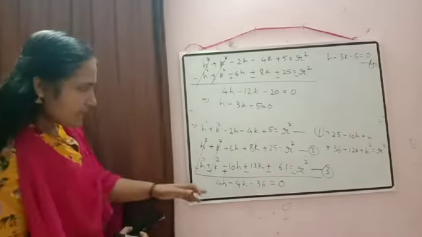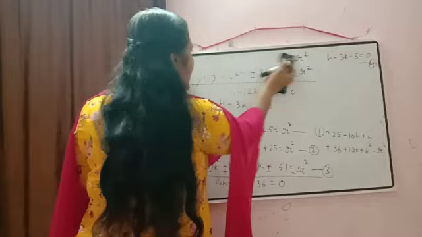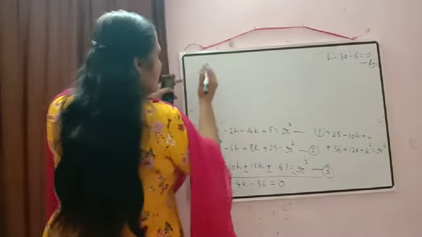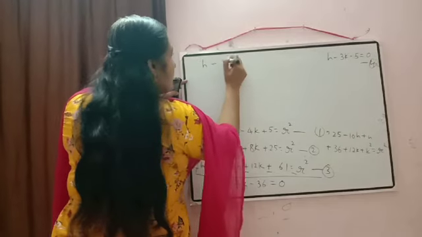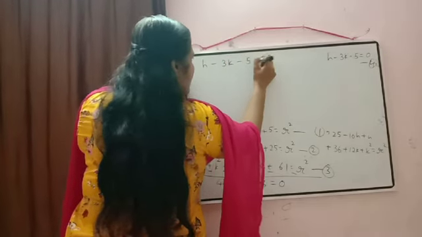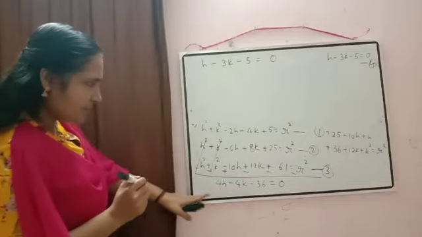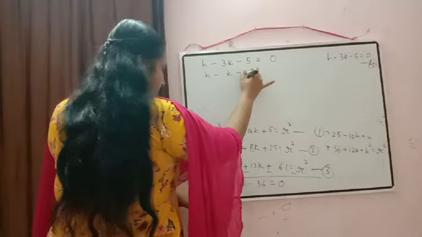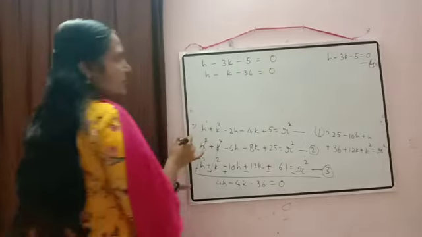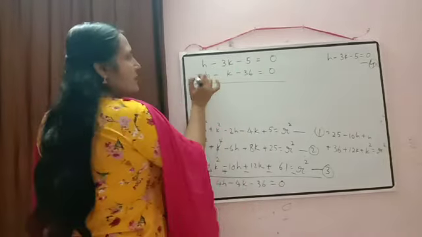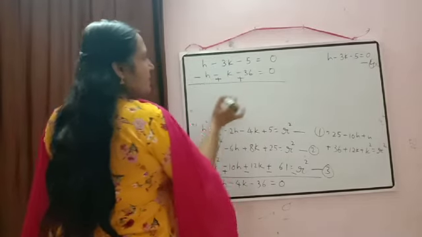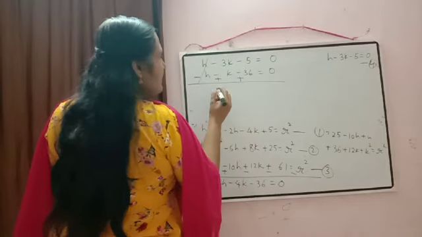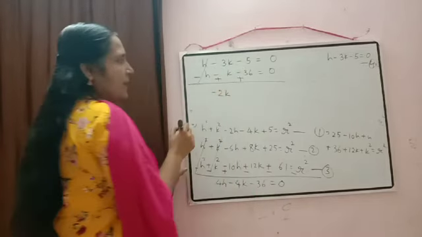Now you can check this expression also. All are divisible by 4. So we can cancel it by 4 there. So already we wrote our fourth equation as h minus 3k minus 5 is equal to 0. And this equation we will get here h minus k minus 36 is equal to 0. Now directly we can do the subtraction. Minus plus plus. So this one will get cancelled here. Here what will come? Minus 3k plus k will be equal to minus 2k.